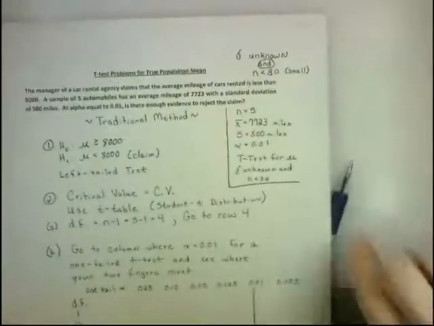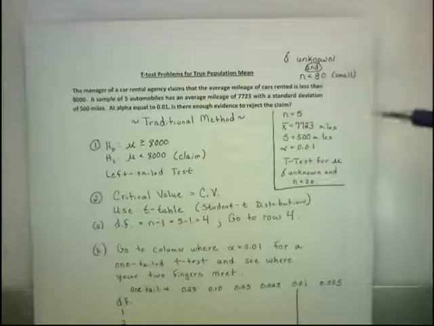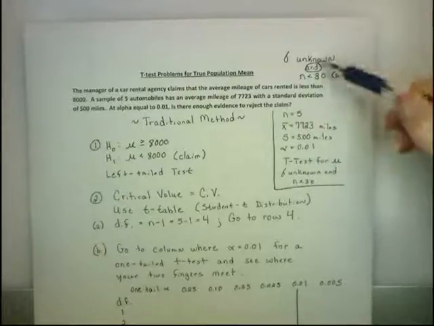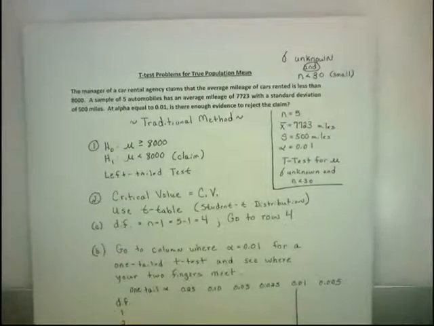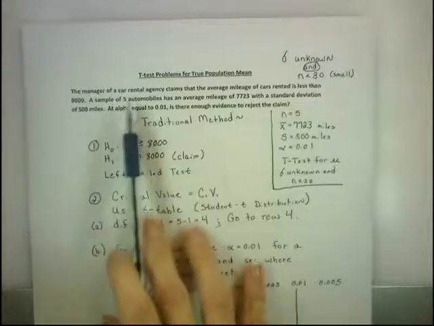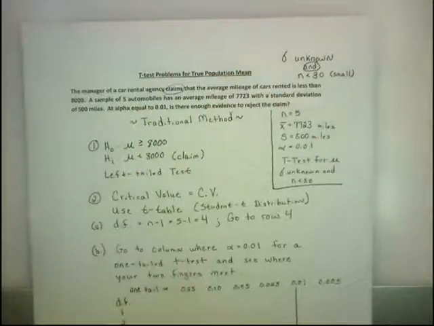T-test problems are when sigma is unknown and at the very same time n is less than 30. Both conditions have to be satisfied. I'm going to focus on the traditional method first and using the t-table to help you find those critical values, which is step number 2. The manager of a car rental agency claims that the average mileage of cars rented is